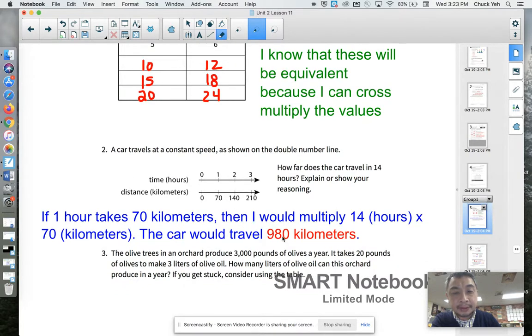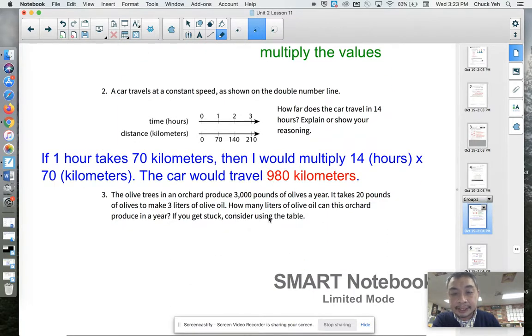Number 2 is 980 kilometers because if 1 hour takes 70 kilometers, then 14 hours you would take 14 times 70. So that's 980. So use your calculator, okay? So 980 is the answer. Number 3,